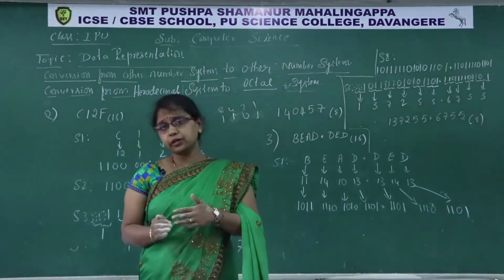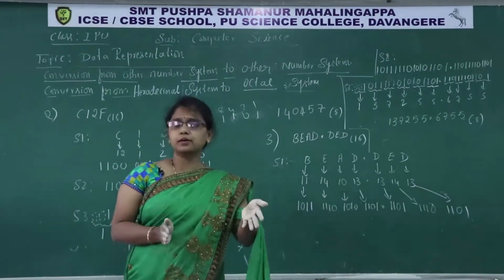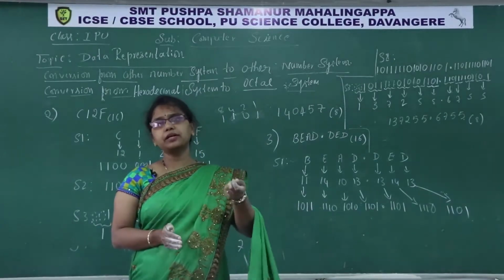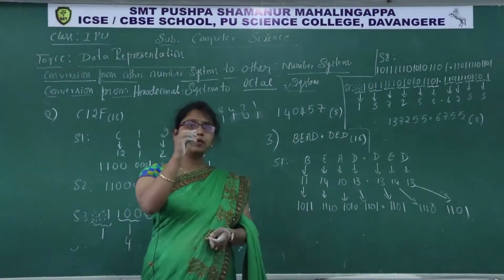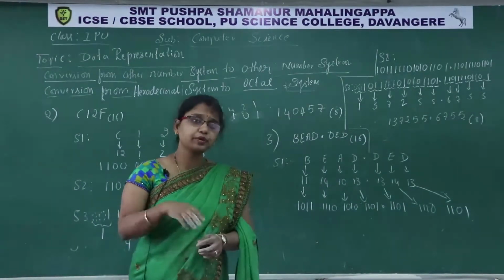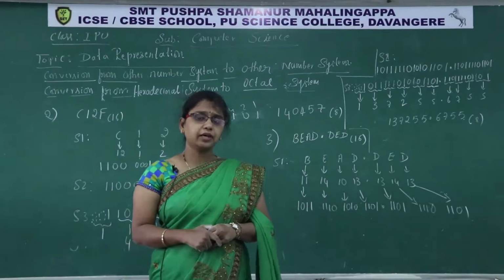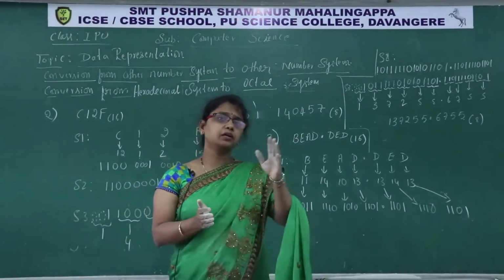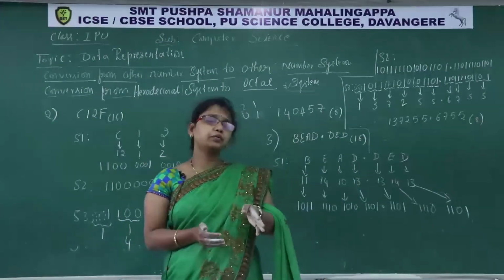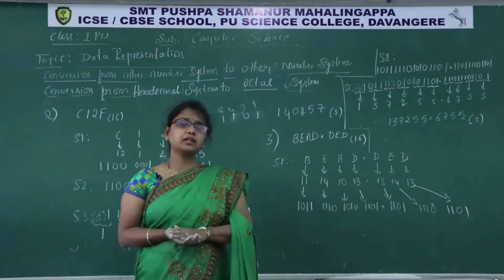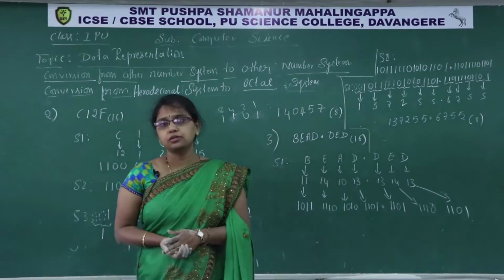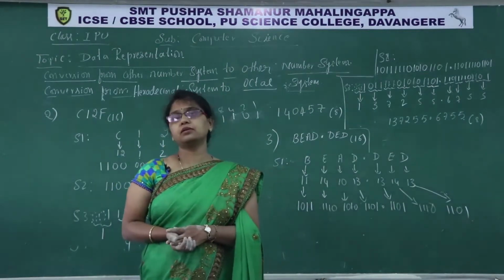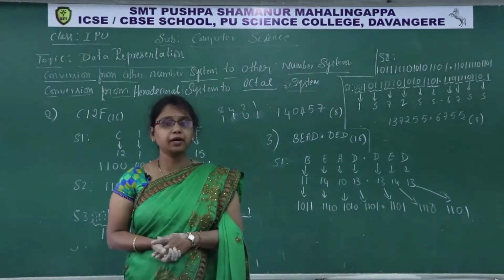When you are going to convert decimal to other number system, we have to take a decimal number and divide that number with the base of the number system to which we are going to convert. If you are going to convert decimal to binary, the given number you have to divide by the base of the binary number system. What is the base of binary number system? 2. So we have to divide the number by 2 and collect the remainders